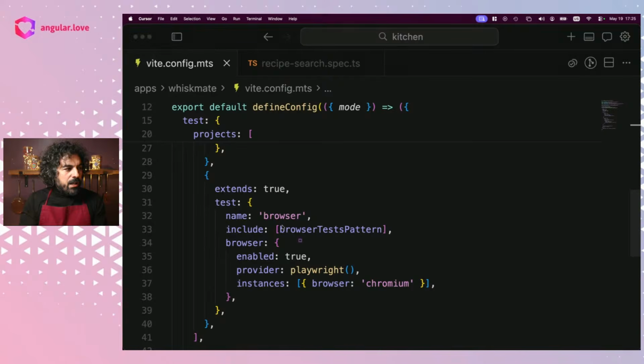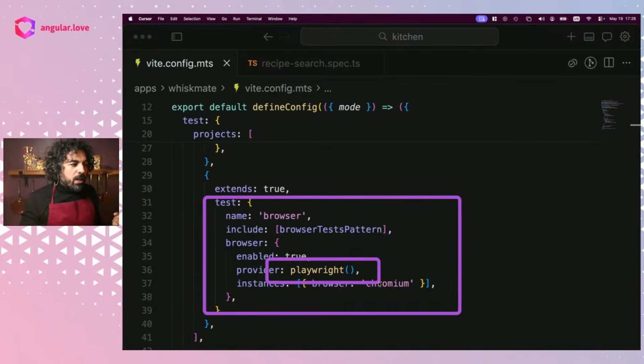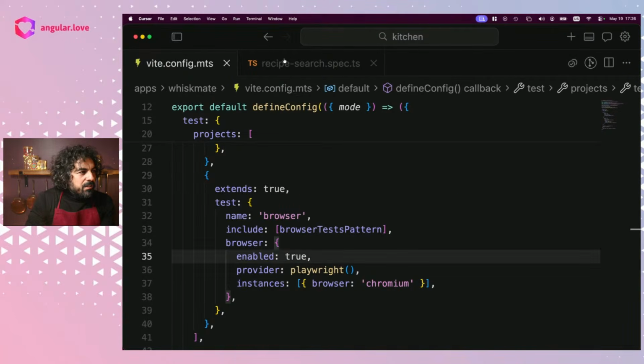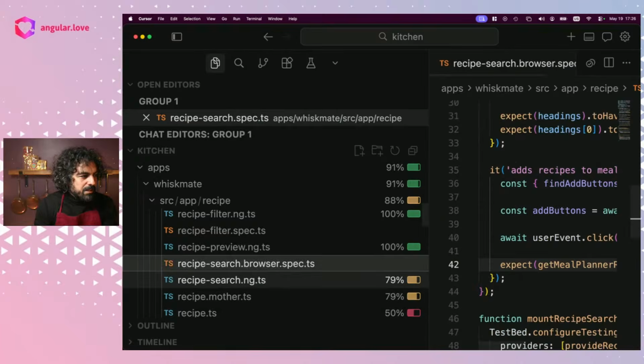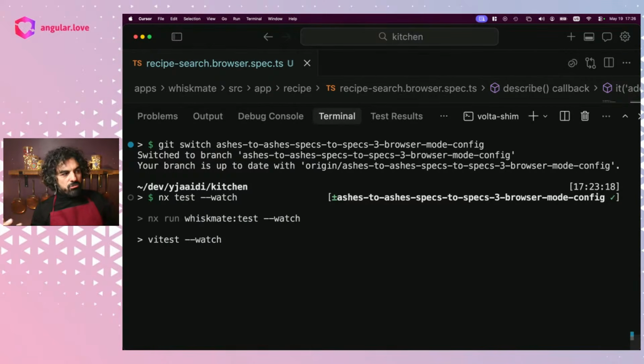And when you're using a browser.spec.ts, this is going to use browser mode, which means that the test will be running in a browser. And Vitest will be using Playwright as a provider to open the browser and close it and control it. And you can choose as many browser instances as you want, etc. This means that basically, if I just rename this test to browser.spec.ts and I run my tests in watch mode so that the page stays open,